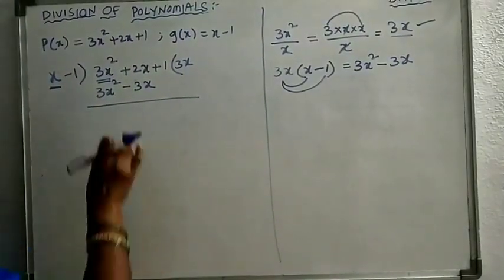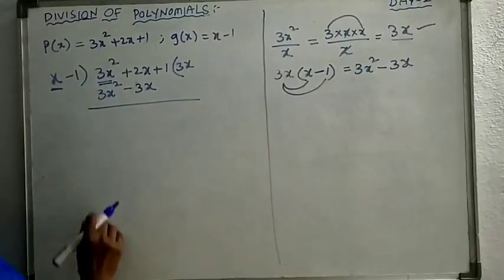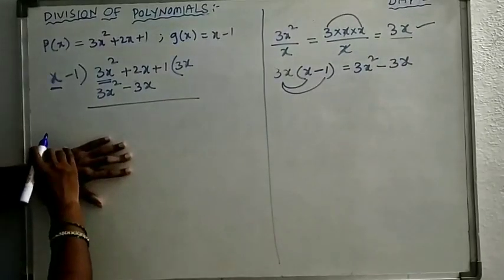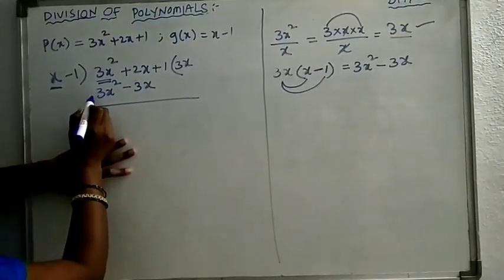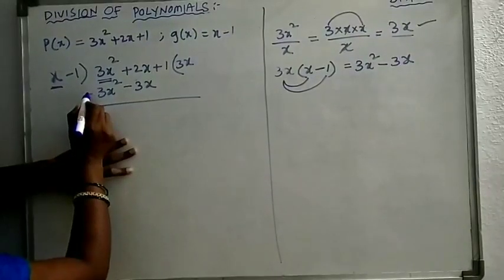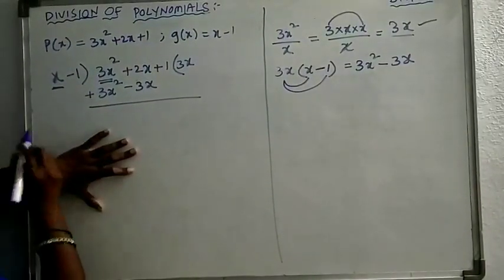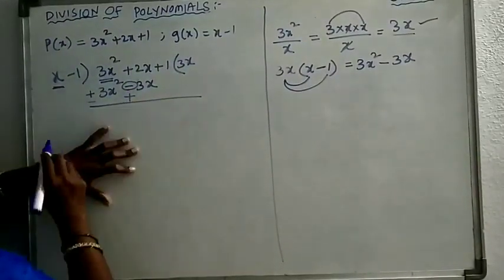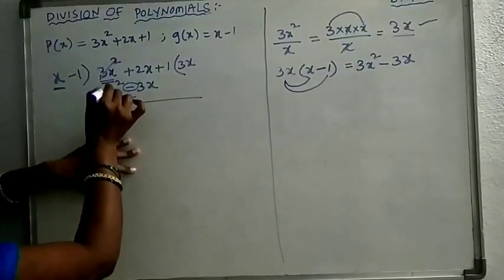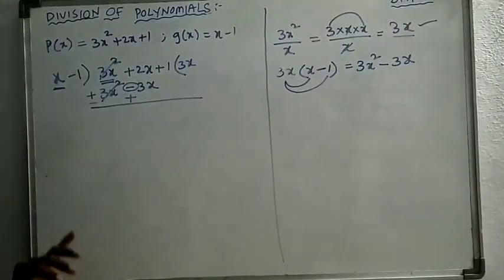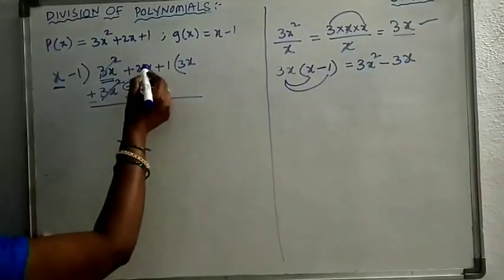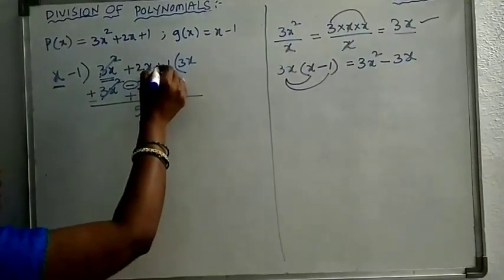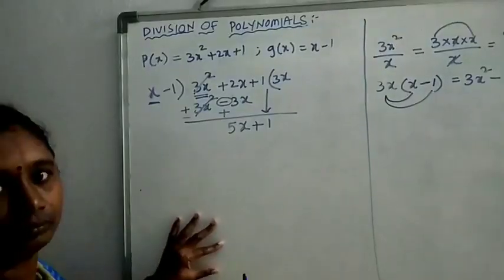Now, what we have to do, children? In general division, we will subtract these two terms. Now also we have to subtract. How to subtract these algebraical expressions, children? You know. To subtract, we have to change the sign. Here is no sign. That means here is plus. Plus will become minus. And this minus will become plus. Now plus 3x square and minus 3x square getting cancelled. Now plus 2x and plus 3x. How much, children? It is 5x. Now this plus 1 comes down.